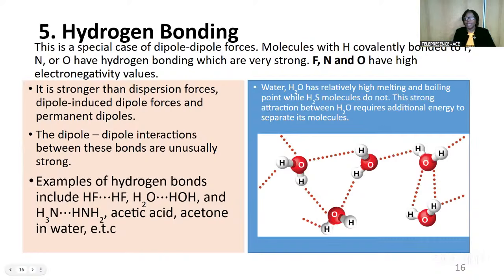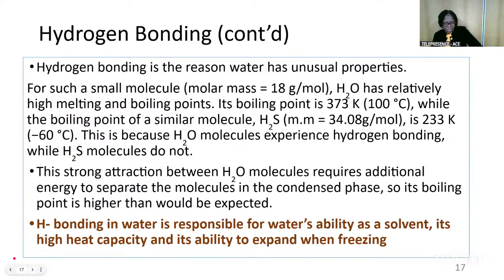And you can see the structure here where we have shown you clearly that there is always this hydrogen and oxygen coming in, having this attractive force in the entire structure of water here. If you trace it very well, you will see hydrogen and oxygen together. So what other thing do we need to know about hydrogen bonding? It is the reason water has its unusual property. Though for a small molecule like water, molar mass is just 18, you don't expect it to have very high boiling point, but that is the case. And the reason is the hydrogen bonding.